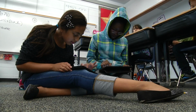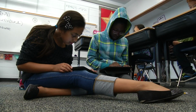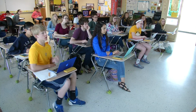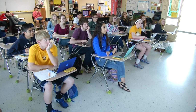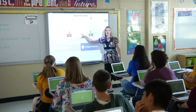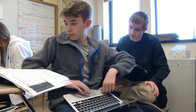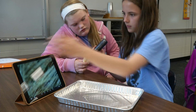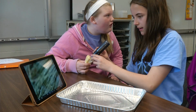I think one of the natural progressions in this is that there's less fixed furniture in the classroom. I think your spaces have to be much more flexible. I think you'll see things like flat panel displays, maybe more than one flat panel display in large classrooms, instead of a single projector and a single screen where everybody does all the same group work at the same time. You're also going to see things like kids working in smaller groups with each other at their own pace in different areas. So they're learning what they need to learn at a pace that they can learn it